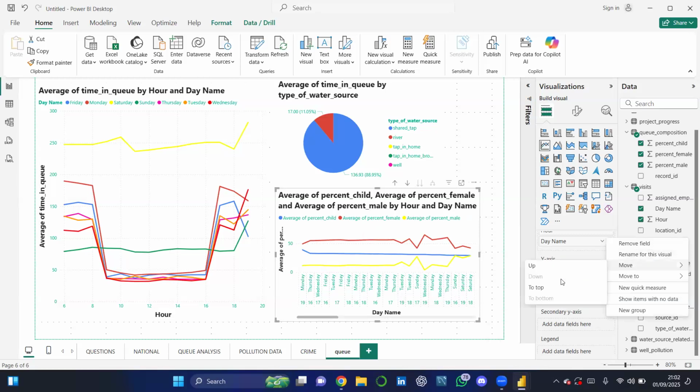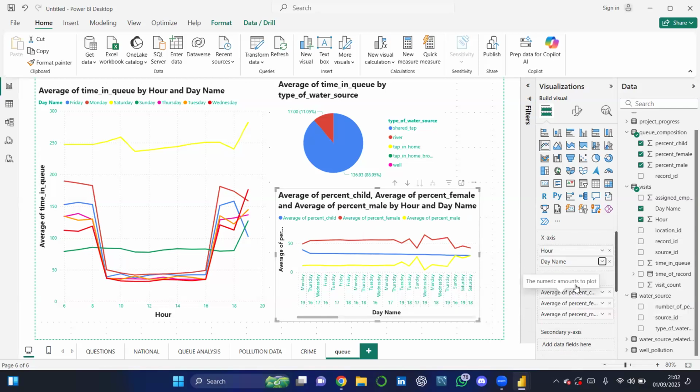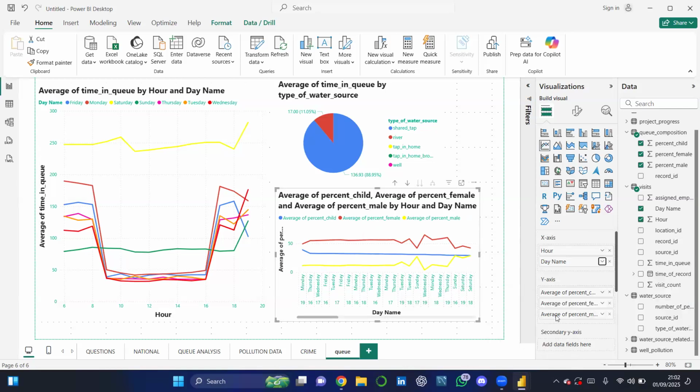So we can move this to legend. Move to legend. It's not moving. Anyway,